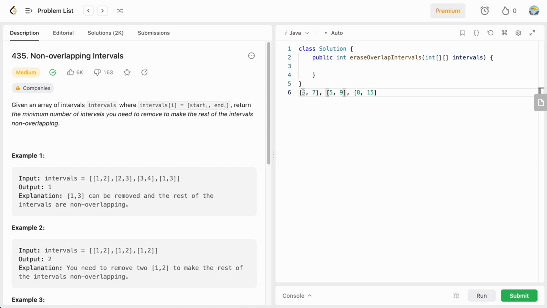But if we keep [6,7] and remove [5,9], [6,7] won't overlap [8,15]. So the result will be 1 in this case because we only removed 1 interval in the whole process. As you can see, choosing [6,7], which has a smaller end than [5,9], would be a better choice. Its answer is smaller. If you still don't understand, I will draw these intervals for you and go through the process step by step. Okay, let's first draw [5,9],